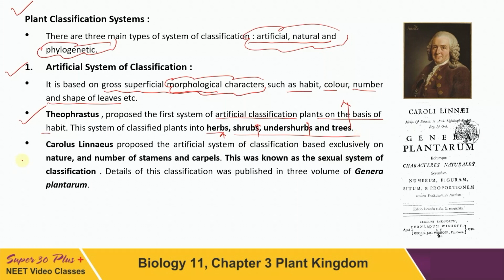Then one of the most famous artificial systems of classification was proposed by Carolus Linnaeus. The artificial system he proposed was based exclusively on the nature and number of stamens and carpels. You know, carpels and stamens are the sexual organs of angiosperms. Therefore, this system is popularly called the sexual system of classification, and details of this classification were published in 3